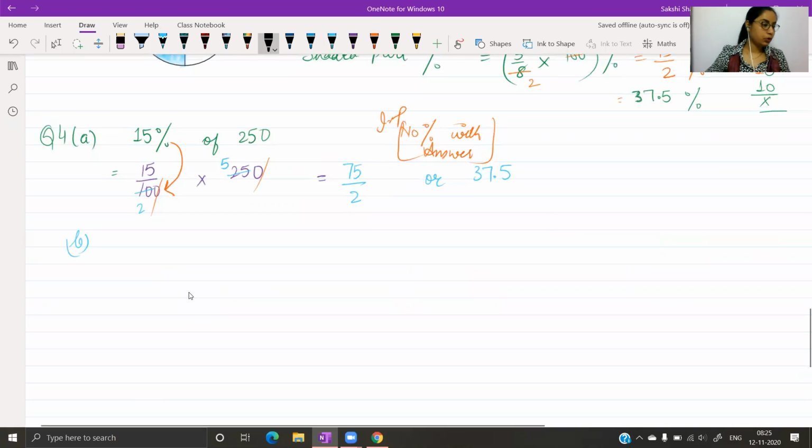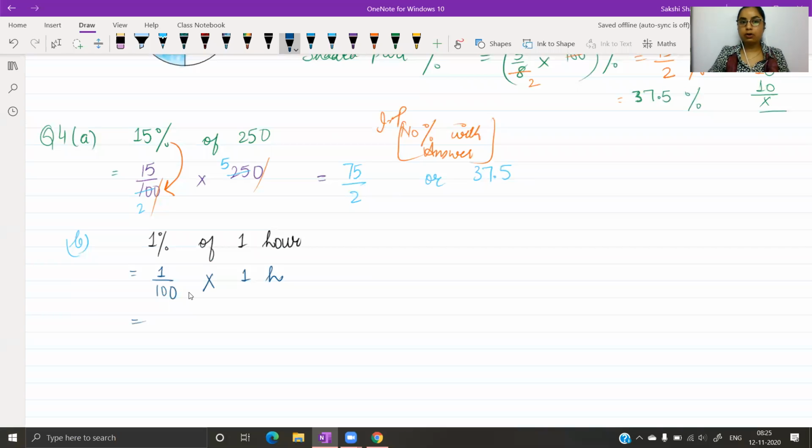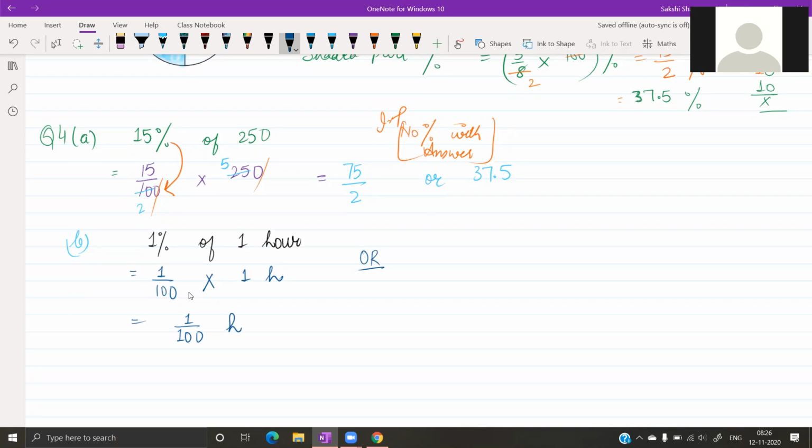B part, we have 1% of 1 hour. Before you note this down, just watch. If I solve it as such, this will be 1 over 100 into 1 hour. And after solving this, because it's 1 and 1, there's no cutting happening, no simplification is going on. So the answer is this. This is one way of doing it. Another way to do this is,